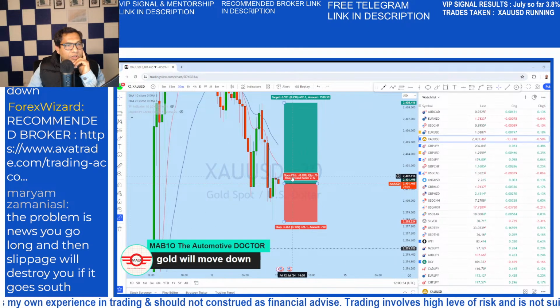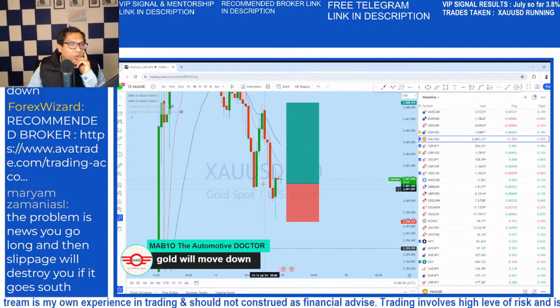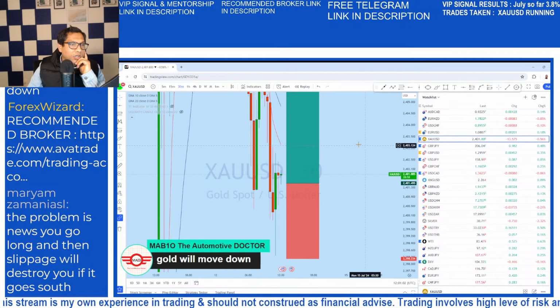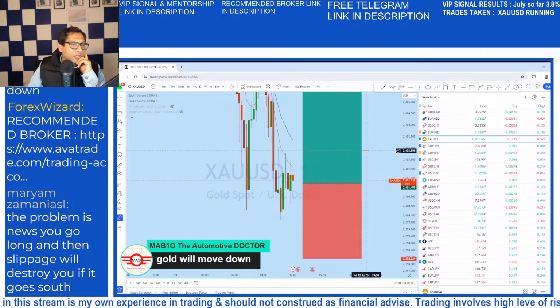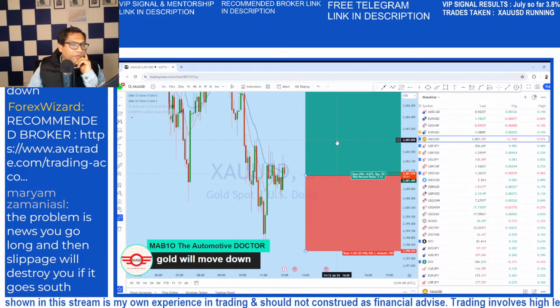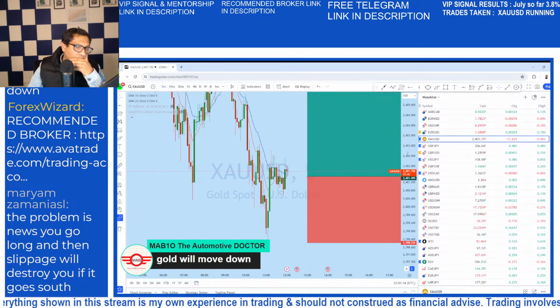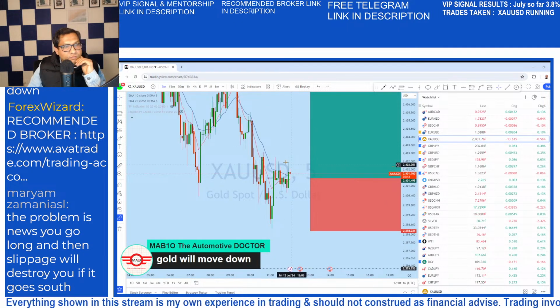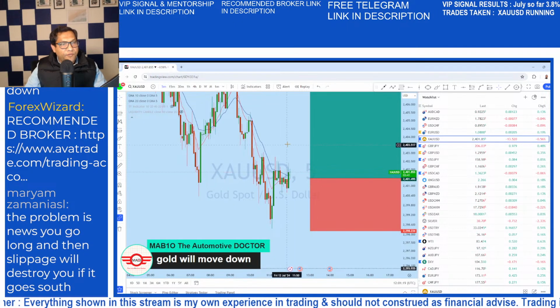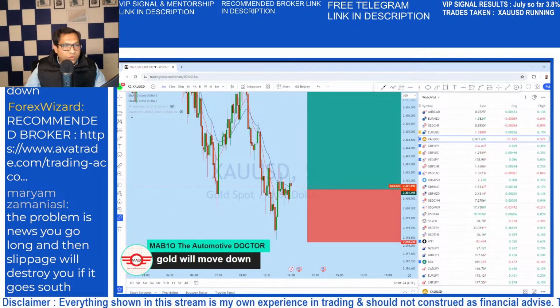This doji now can be two-way. One is to go up and hit that resistance. The other way is to come down to grab more liquidity. We'll see which way the market is heading. It's always a good idea to patiently wait for the potential entry. Now we have 30 minutes to go for the PPI. For me here, there is a potential for probability to go up, but at the same time, we need to be open to the probability that it might even break below.